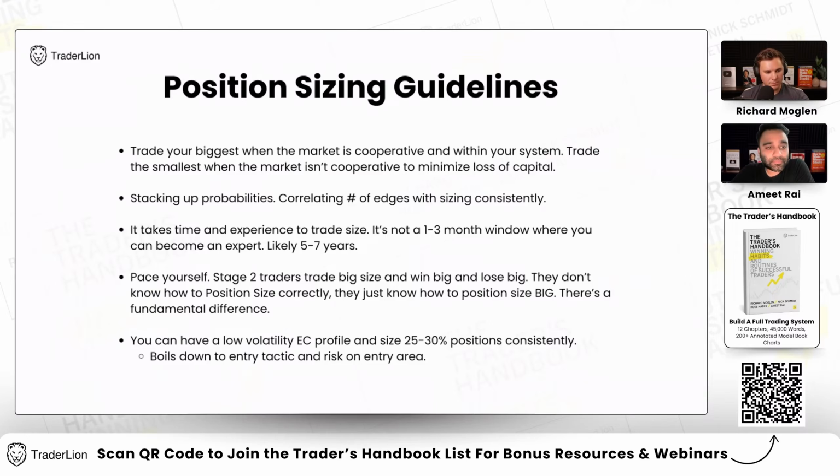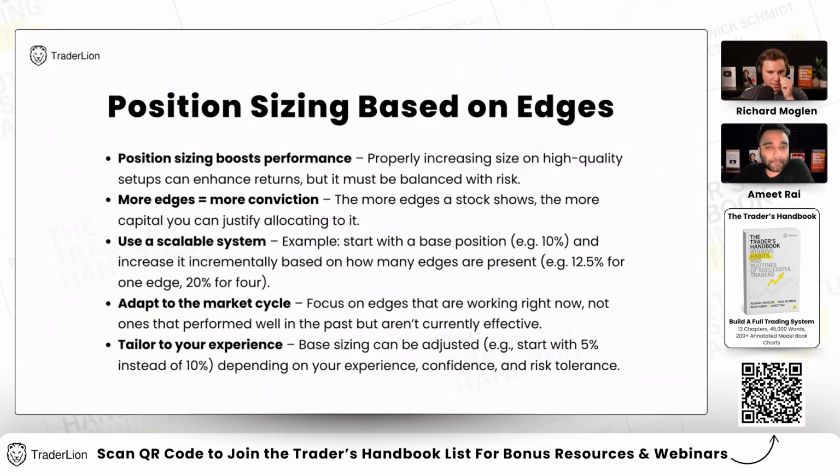So, yep. Perfect. And then, yeah, you want to take this one as well? Yeah, so position sizing, the first point is boost performance. If you position size well, what that means is, let's say we have two stocks. How do you gauge potential? You gauge potential based on the number of edges that you see on those two particular charts. If chart A has multiple edges and chart B doesn't, should you be allocating more to chart A or chart B? I would allocate more money to chart A because the probabilities of it, having more edges, means I have more conviction, right?